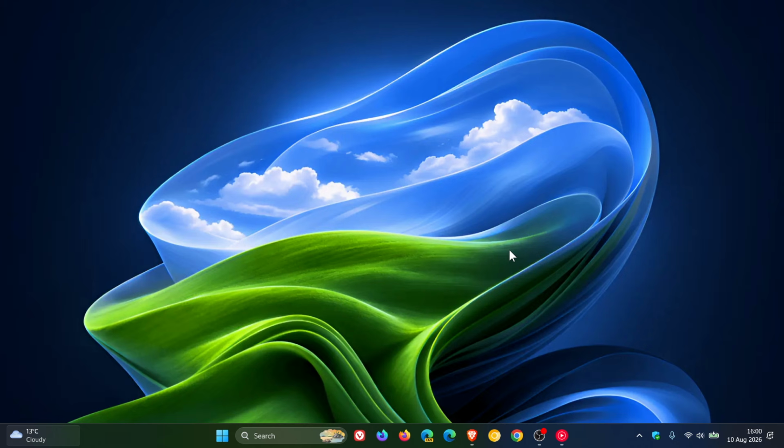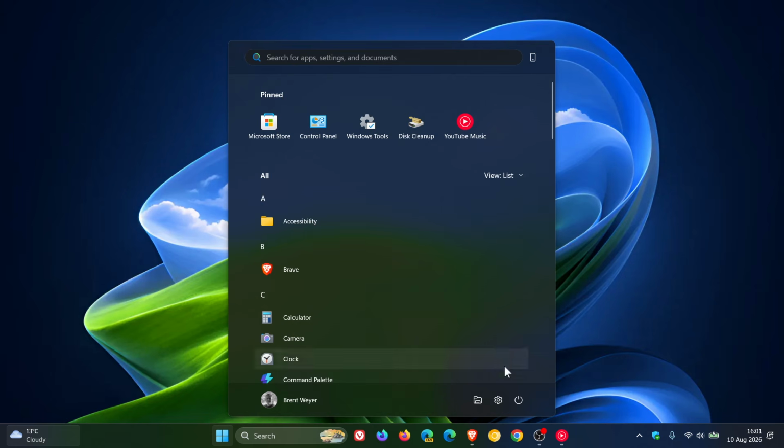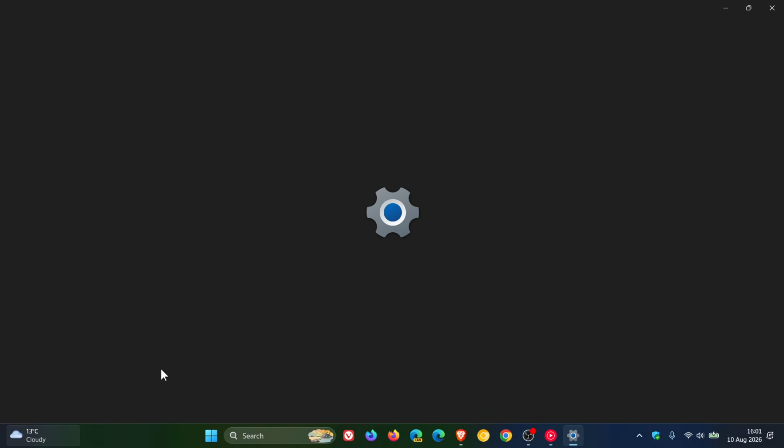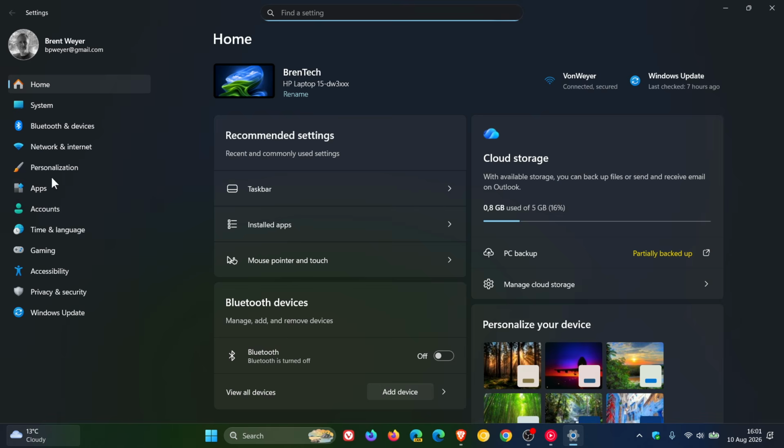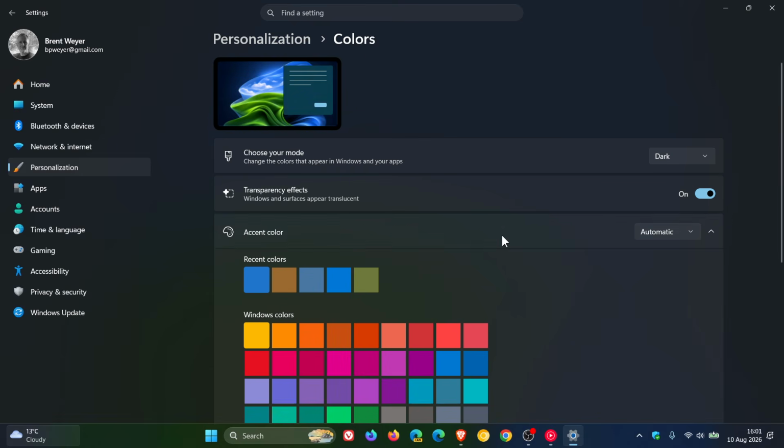So for a long time now, Windows has featured transparency effects. But although this is the case, Windows has never natively supported adjusting how strong those effects are, where you have the option to turn transparency on or off, but there's no so-called fine-tuning options for those effects to be found in the operating system. So as an example, in Windows 11, if I head into my settings, personalization, colors, here